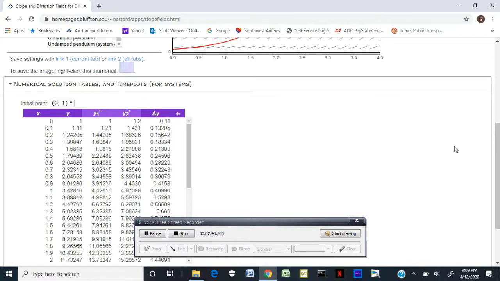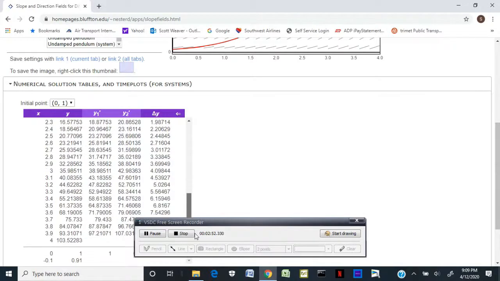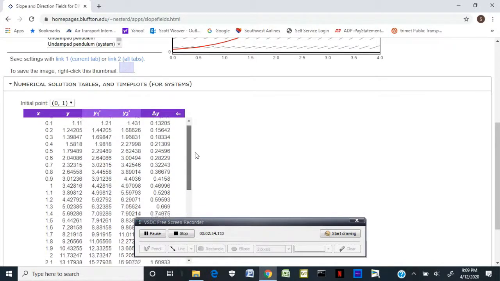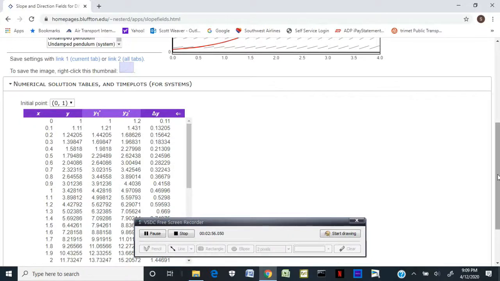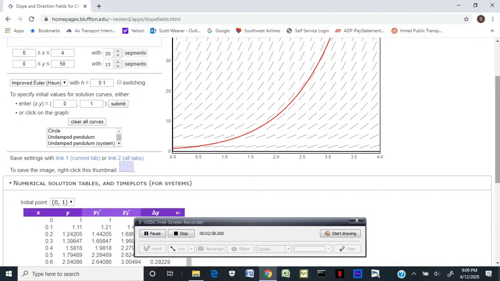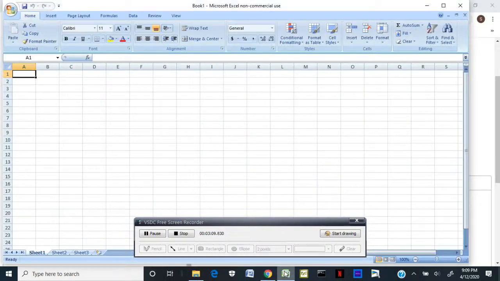So you can then scroll down this and get more values. The downside on this system is that it doesn't really let you jump over some of the intermediate values quite as easily as some other methods, but it is a good one. Another thing that you can do is, just as we did before with regular Euler's method, we can do this